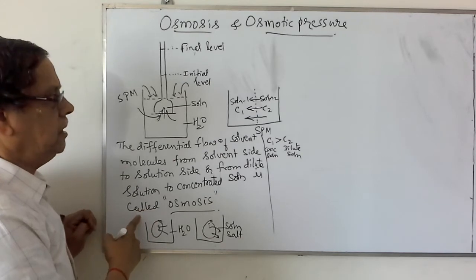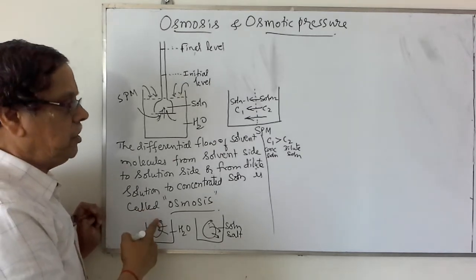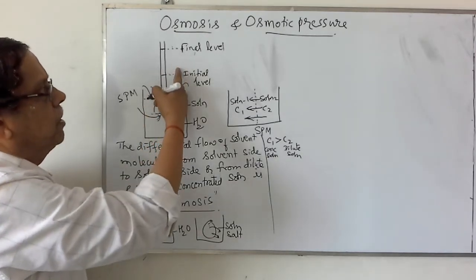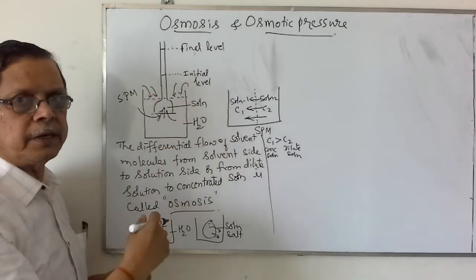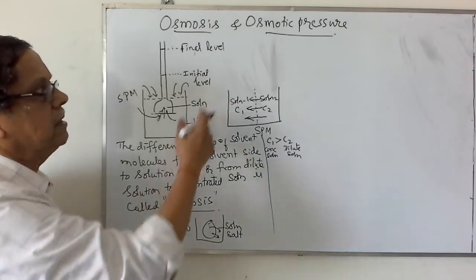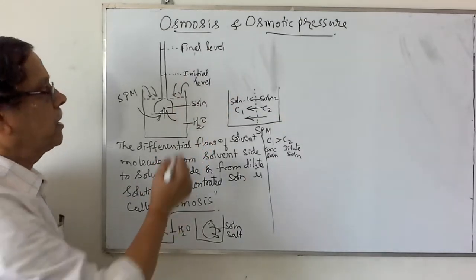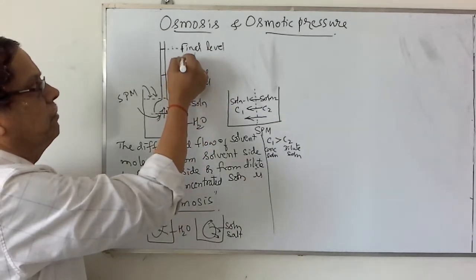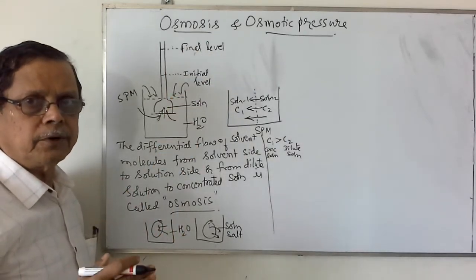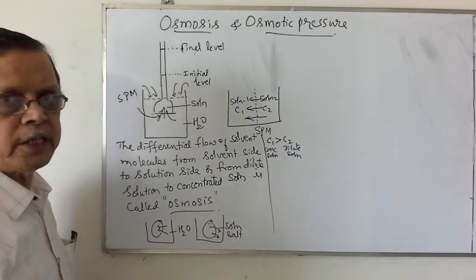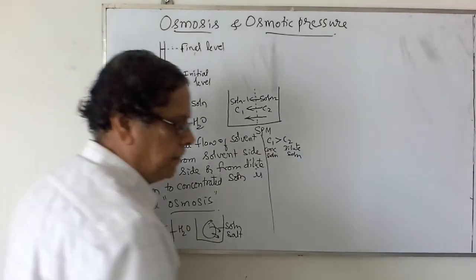So that pressure at which the level of the water remains constant, or the atmospheric pressure and gravitational force become identical, is named as the osmotic pressure. Because of the osmotic pressure, the final level of the solution remains constant. Okay. Now we can consider one more experiment to explain the osmotic pressure.